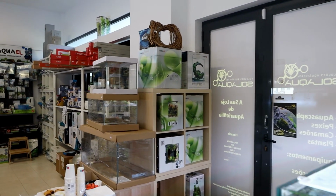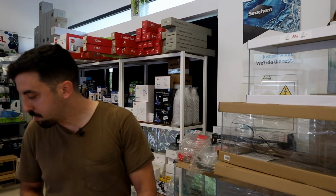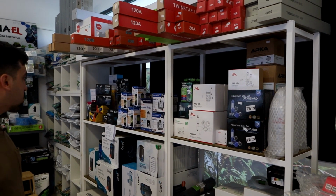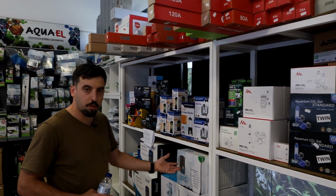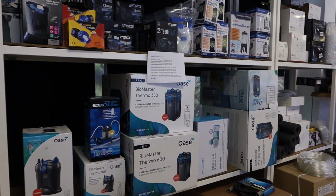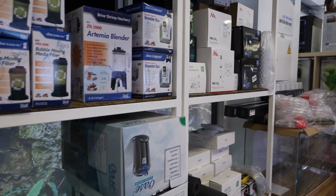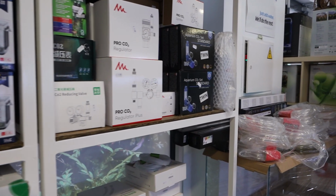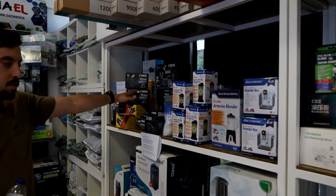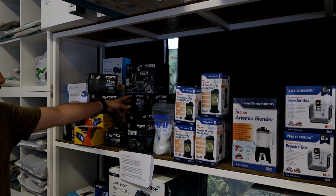Moving a little bit further, we have pretty much the filtration systems over here. Nowadays we sell only 3 or 4 brands: the Oasis brand, Aquael, and then some Fluval and Sicce. But our main brands at the shop, I would say, are Oasis and Aquael. A bit further, we got some Sicce wave makers that we really enjoy for many reasons. High quality, they got magnetic